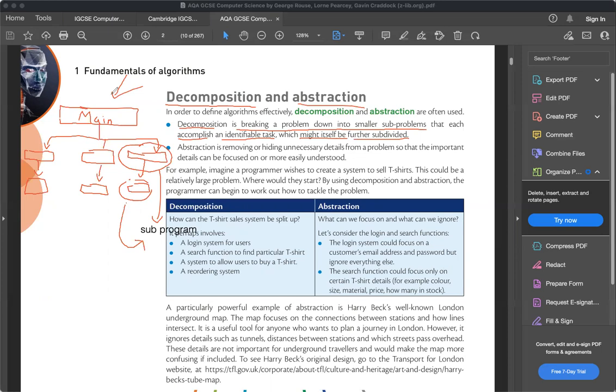And those small pieces come together to make the complete concept of our program. So we divide our program into subprograms or subtasks. Did you understand this? Further, you can divide your program into more simplified steps, so the algorithm will be decomposed. Okay. Abstraction is removing or hiding unnecessary details from a problem so that the important details can be focused